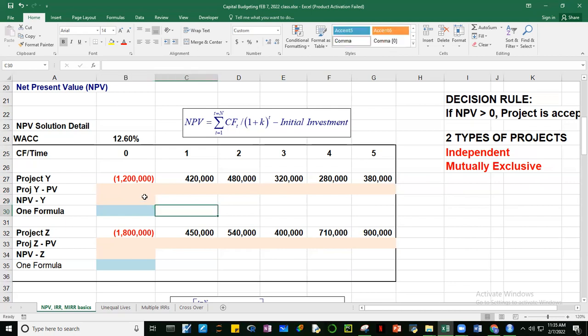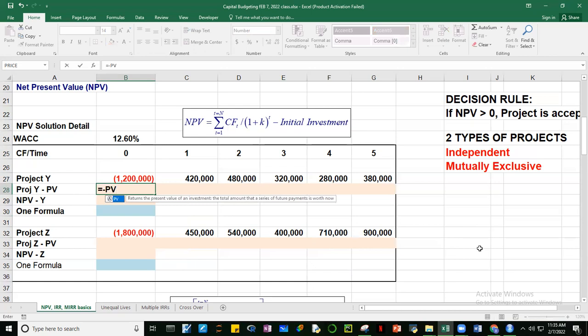Right. So how do we compute for the net present value? The long cut is this: kunin natin yung present values nila. We have done this formula before. I'll call it negative PV, and the rate is your WACC. Type natin ng WACC. Enter natin. So magsisimula tayo dito sa times 0, comma, and then future value natin is this one. Ay, sorry, PMT. This is not a PMT, comma, and then future value. There.